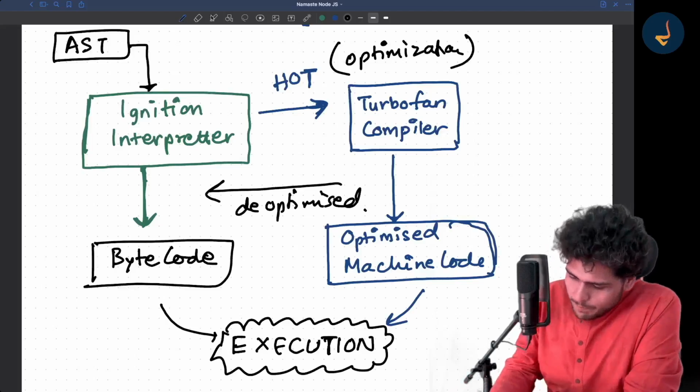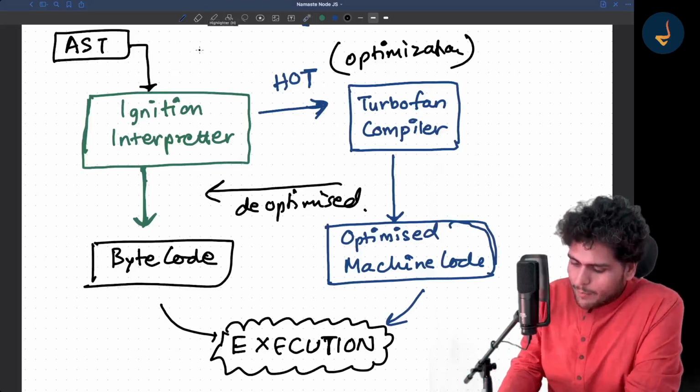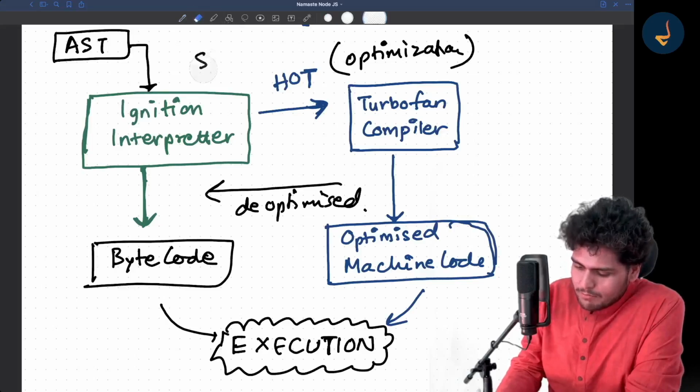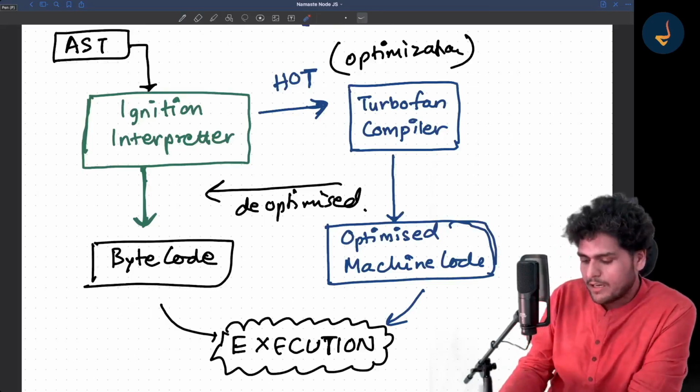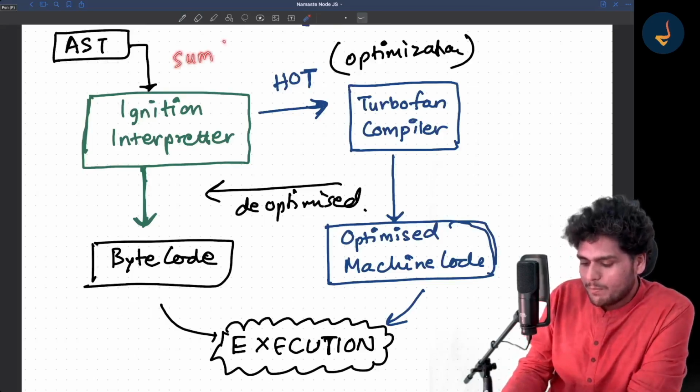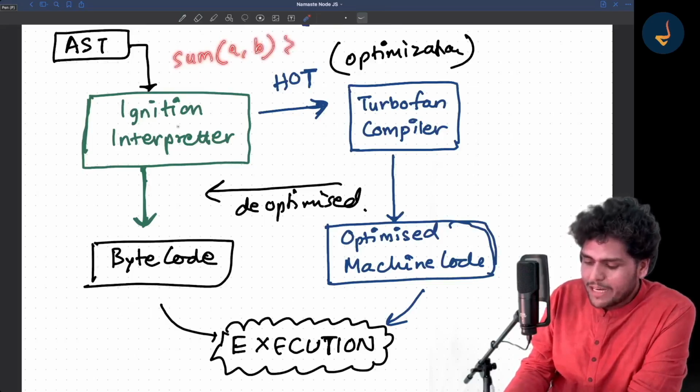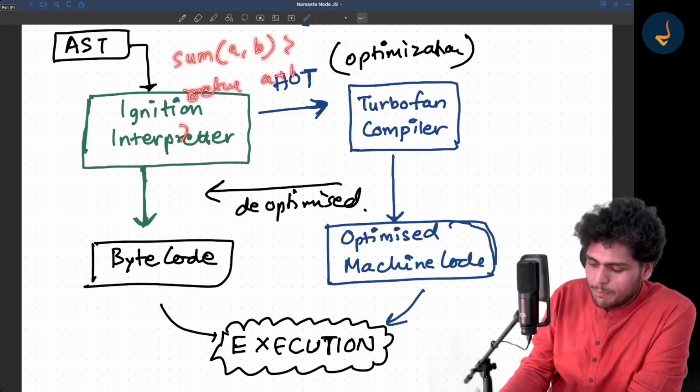So suppose in JavaScript, let me give you an example. Listen to me very carefully, otherwise you won't understand. Suppose you have a function sum, and that function sum takes a and b, and it calculates the sum of two numbers, right? It returns the sum of two numbers.